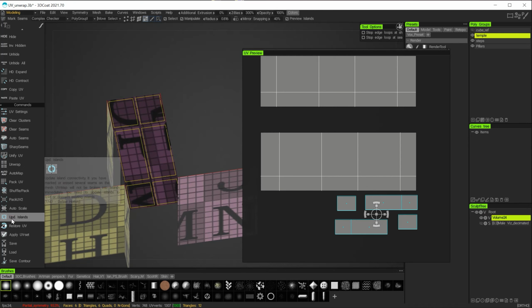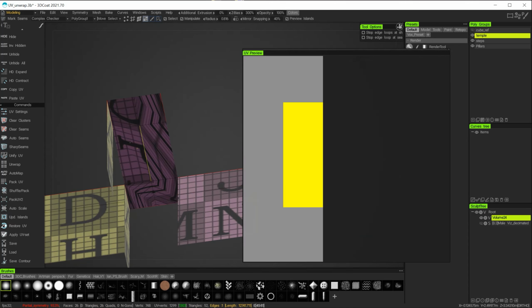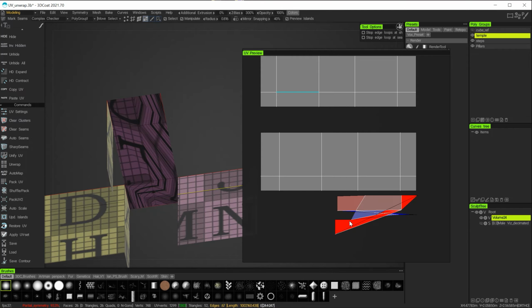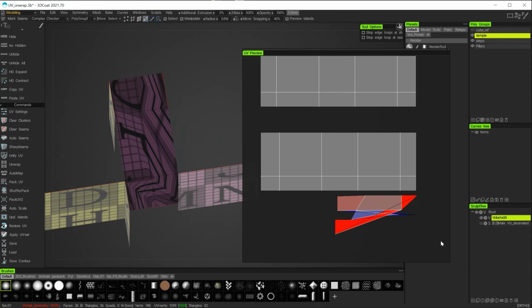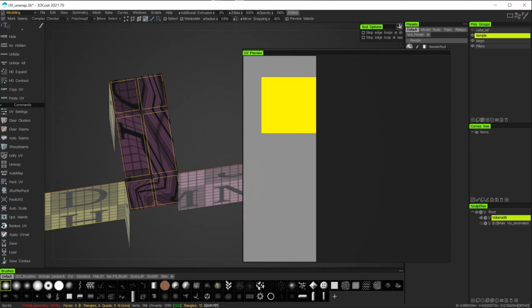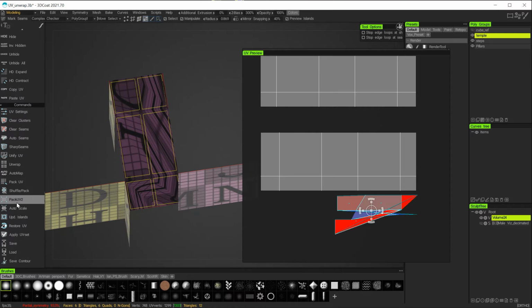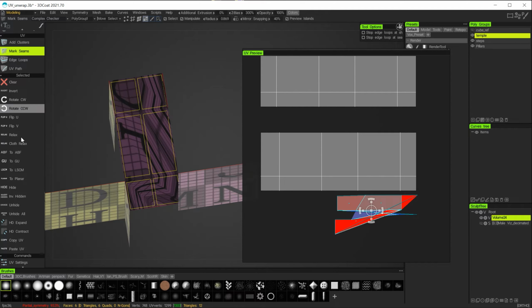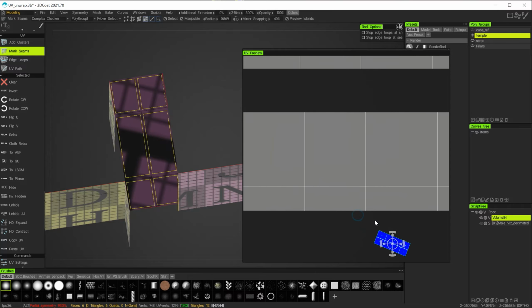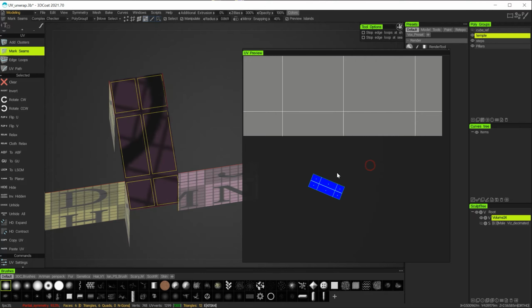So I'll do that and I'll hit unify, and you'll notice it's gone completely crazy and looks really terrible. But if I select this now and I go up to my UV options here, the selected options, I can unwrap this one separately by hitting global uniform, GU. And when I do that, you can see that it unifies just this island, but at the moment it's kind of unified it